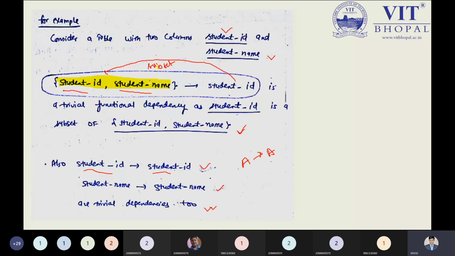After observing so many times, here is just a basic definition. If the set of attributes contains or includes such an attribute, student ID and student name we can take. Just keep in mind the student ID on the left side. If I put age, age is not a part of the set of attributes student ID and student name, so this cannot stand as a trivial functional dependency. This is the point you have to keep in mind. Okay, so this point is clear to all now.